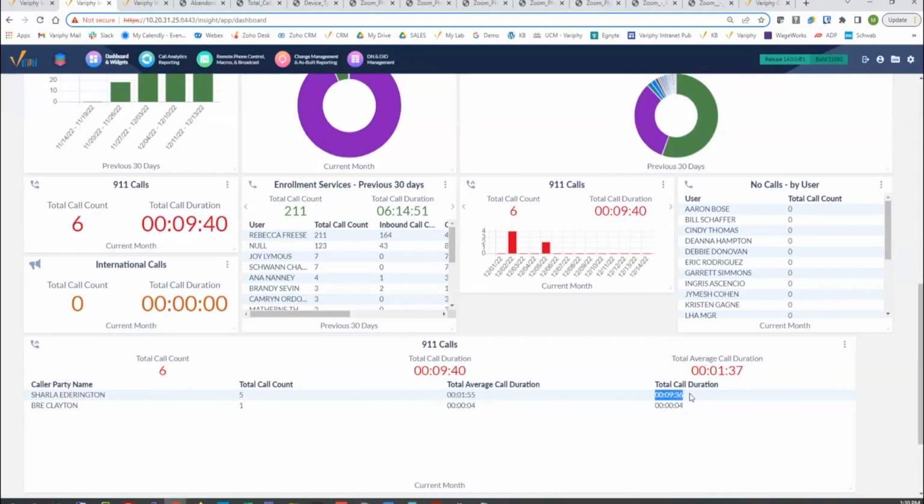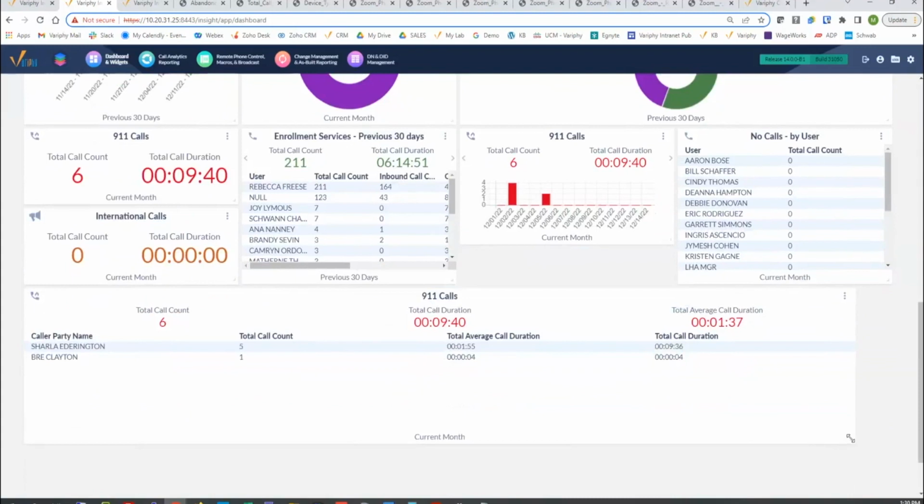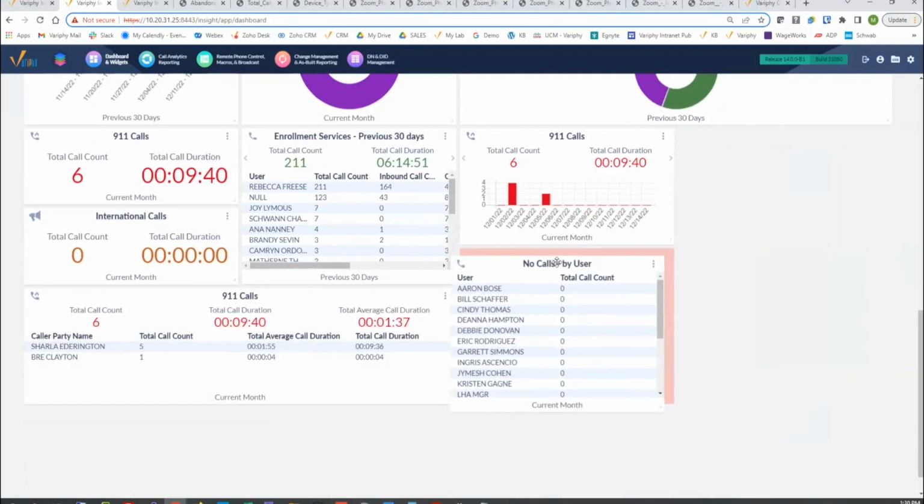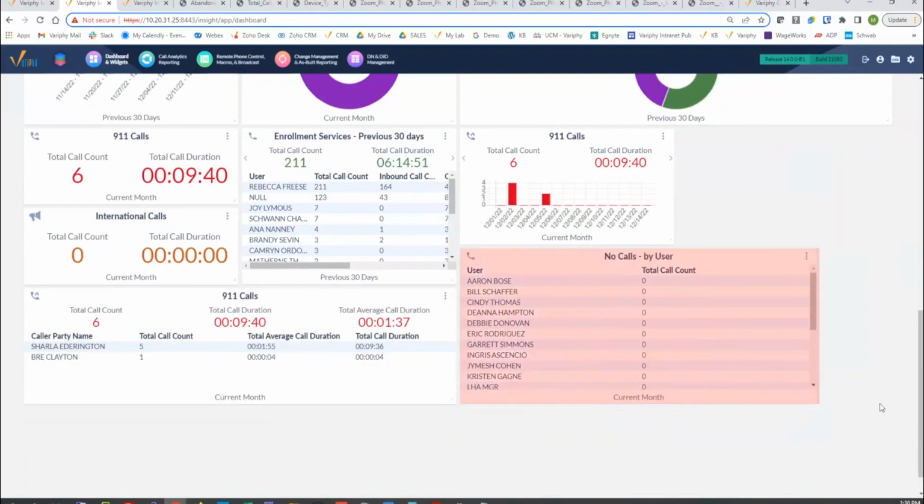So I'm not certain if all those were valid, but it looks like they may have been because the total between those 5 is just shy of 10 minutes here. So just something that a manager may want to know about or a system administrator may want to keep tabs on. For that last report that I was showcasing as well, who are the users that